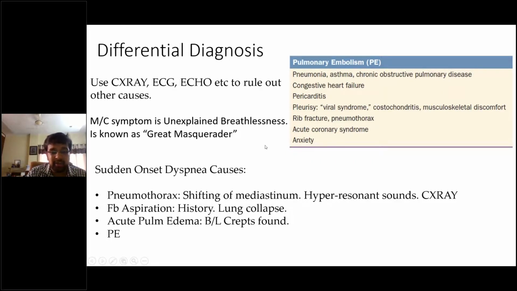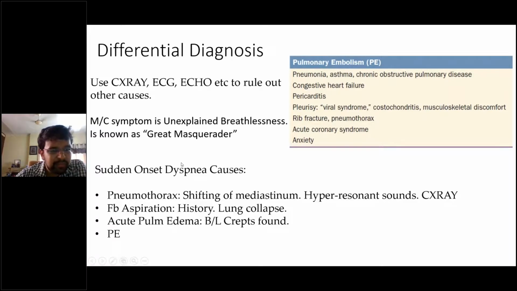So basically, a young male or young female comes with breathlessness. The BP is normal, the saturation is normal, the X-ray is normal, the ECG is normal, the echo is normal. So we will obviously think that the patient is nothing but anxious and a functional patient. But definitely it is very important here to calculate the Wells criteria, and to check if there are any risk factors for pulmonary embolism or risk factors for DVT. And if present, the patient should definitely be evaluated for pulmonary embolism.